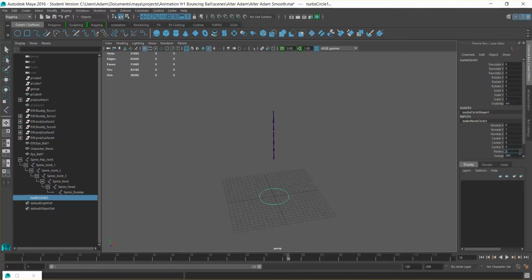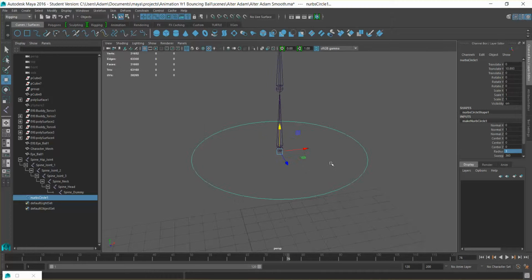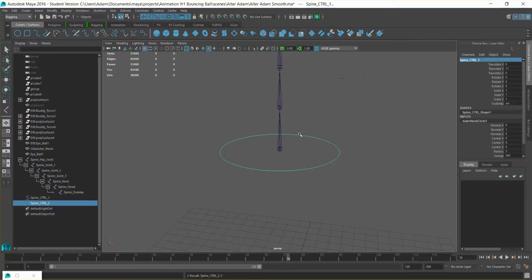to, I think, 3, and if I just bring that up, we'll just check the size. So polygons on, yeah, that's cool. So I'm going to push F to focus. Now I want to snap these into the middle of the joint, so I'm going to hold V, pull that up, and I'm going to rename this spine control 1,